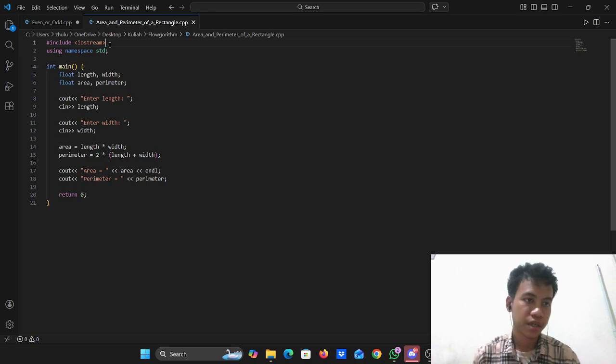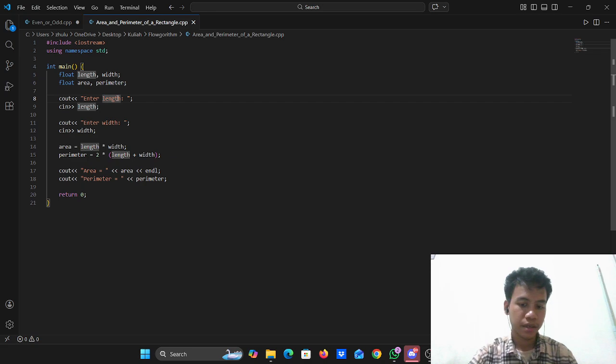We use include iostream and using namespace, int main of course in every C++ program. And third we make a variable declaration of type float. We enter length and width, area and perimeter.